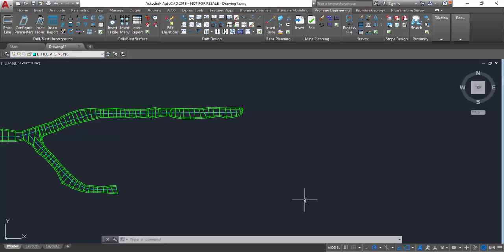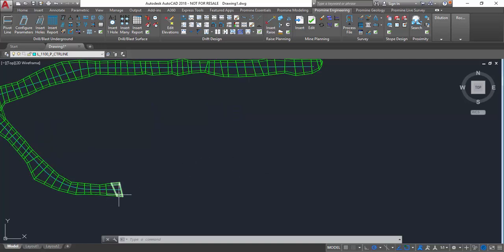In this video we will be showing how to quickly draw in a planned extension of a drift. We can start by drawing an extension of a drift centerline along where we'd like to plan this drift. We can do this by first selecting the layer we'd like to draw the centerline onto, and then running the